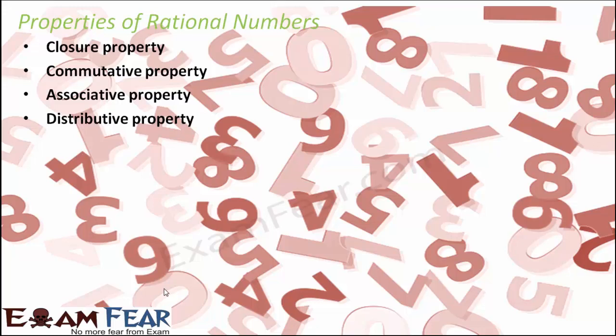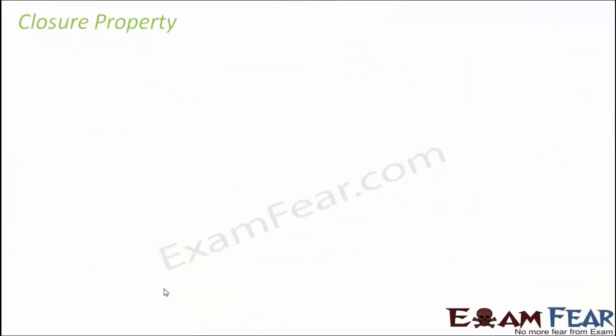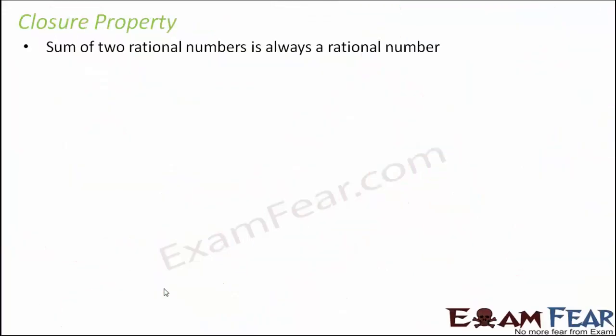And I am sure that you have studied about natural numbers, whole numbers and integers in your junior classes, so you already know about these properties for those numbers. Now we are going to talk about the same properties but for rational numbers. We will also learn how to find out the reciprocal of a number, how to find out the additive inverse or negative of a number. So let's start one by one. We will first start with closure property.